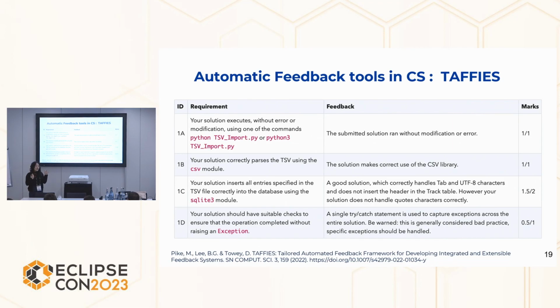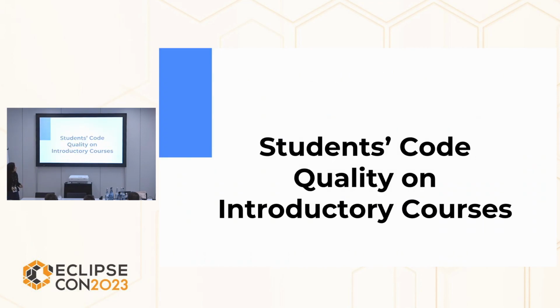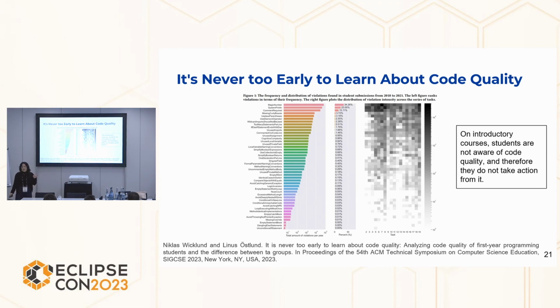Then our teacher, Richard, asked: OK, but is it actually a problem? Is student code quality in introductory courses something we should actually care about? A recent study analyzed the historical data for a course, with around 19 tasks during a whole academic year, and the course repeating for 6 to 7 years. What they found is that there is no common pattern during the academic year. It doesn't mean that code violations get reduced. They just keep existing.